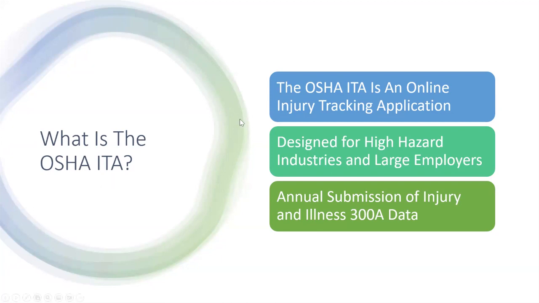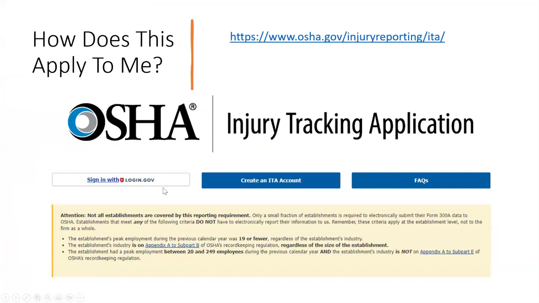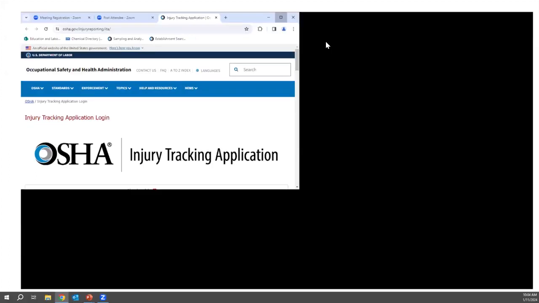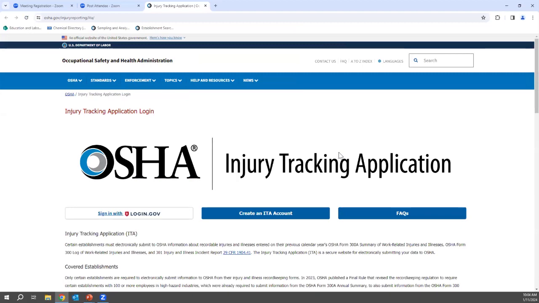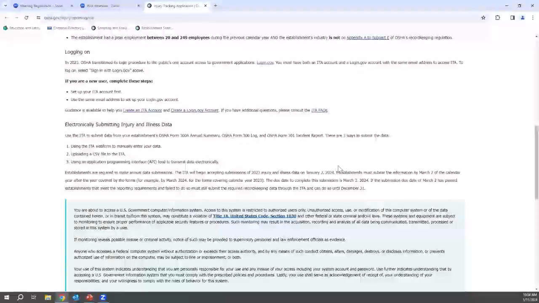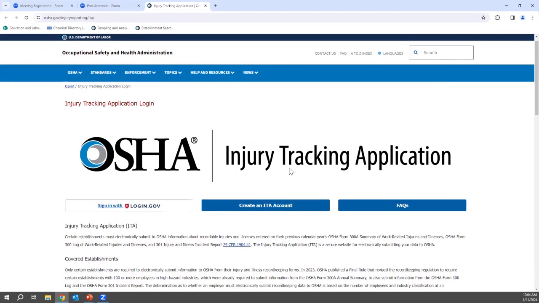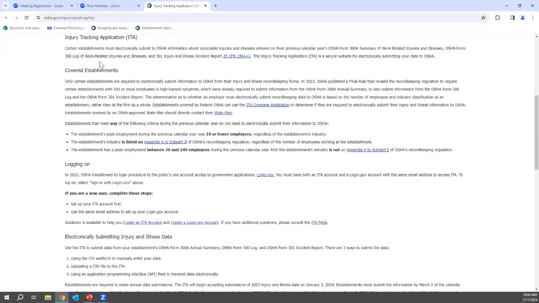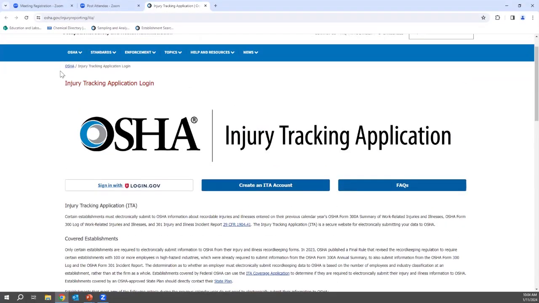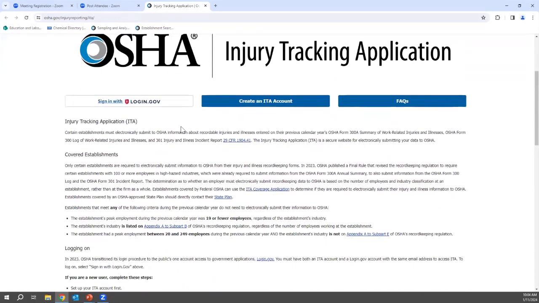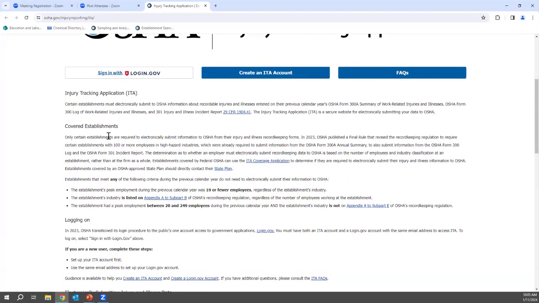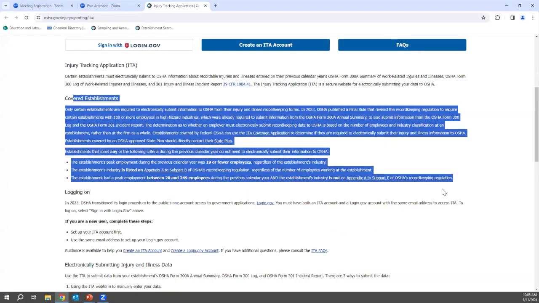The easiest way to answer that question is, let's navigate to the website together. This is a screenshot of what it looks like when you go to this link. So let's click on the link. I will bring my screen up so everyone can see it. And here we go. When you get to the login screen, you'll see injury tracking application login right there in the top left corner. If you scroll down here, it will tell you the covered establishments. So we can just slowly work our way through these 3 bullet points